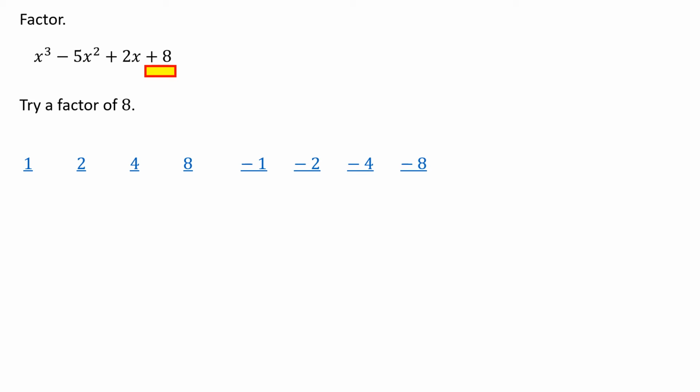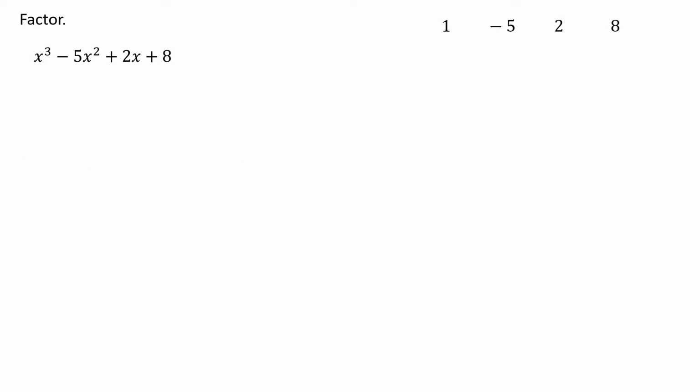negative 4, negative 8. So I'm going to try the number 1, right? Like, hey, maybe 1 is going to work. Right, of course, I had 1x to the third minus 5x squared plus 2x plus 8. So that's why I've got the 1, negative 5, 2, 8. And I'm going to try 1. So I drop,